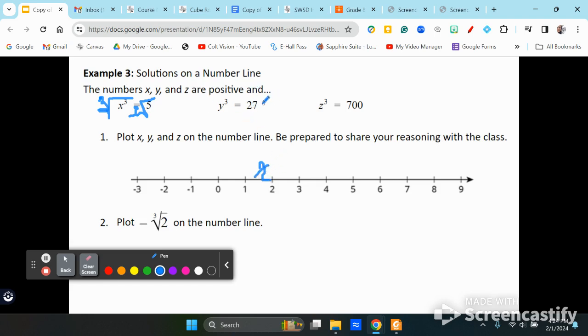And then 27, well, that is a perfect cube. If I take the cube root of both sides, I would get 3. So y would go here. And then you can think about 700. Where would that go? Well, that's going to be a negative answer. And that's going to be probably right about here. That's going to be my last one. Okay, so hopefully this gave you some things to consider. You can complete the practice then and practice your square